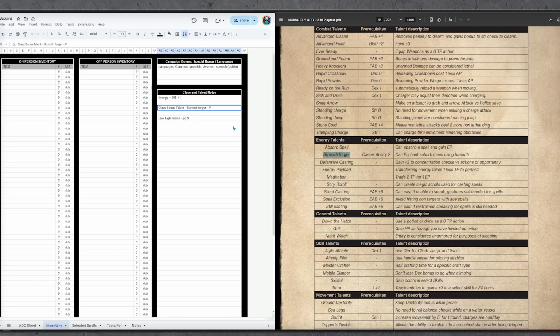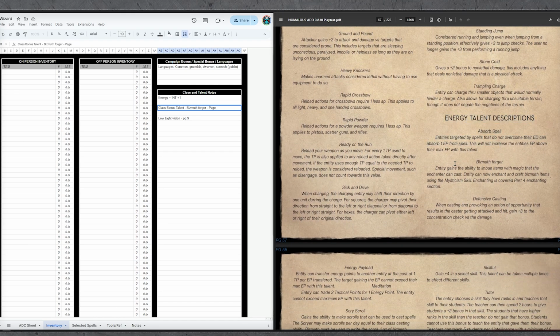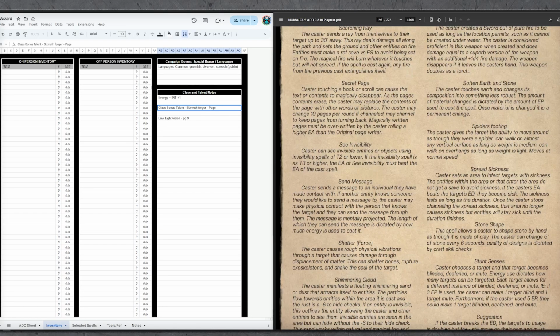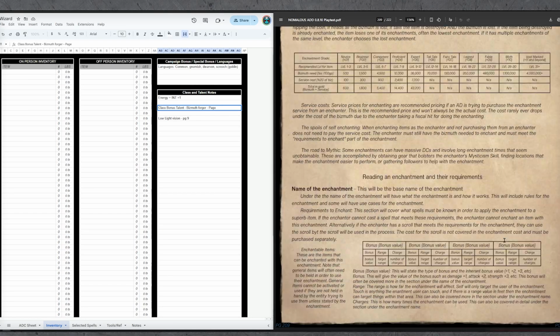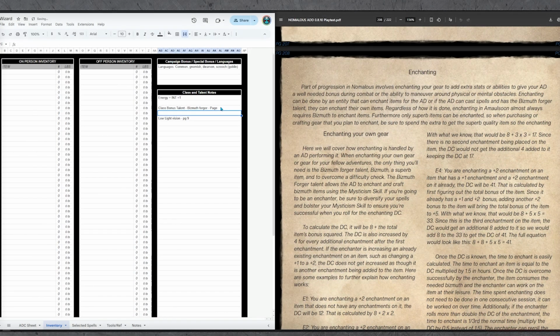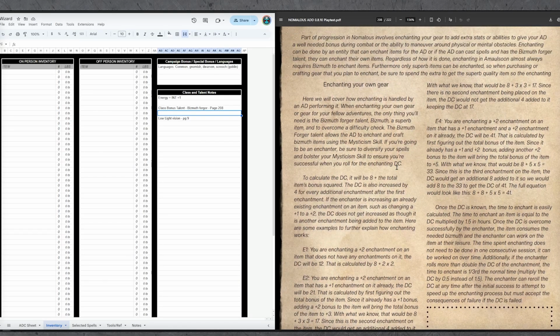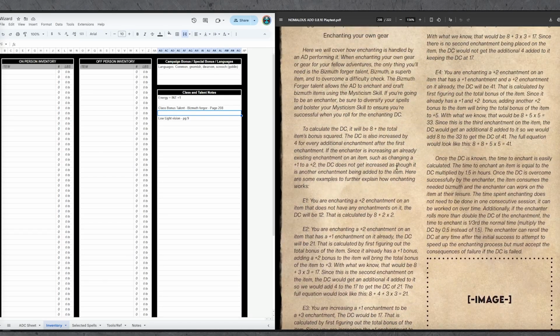and then we're going to put the page here as well. So the page will be, as we scroll down here, energy talent, bismuth forger. We go here, craft items using the mysticism skill. Enchanting is covered in part 4, enchanting section. So we're going to go down here to our enchanting, and enchanting starts on page 208. So we'll just go ahead and put 208 in there. Not going to cover enchanting right now. There is quite a bit to it, but in the long run, starting enchanting early will definitely prepare you for